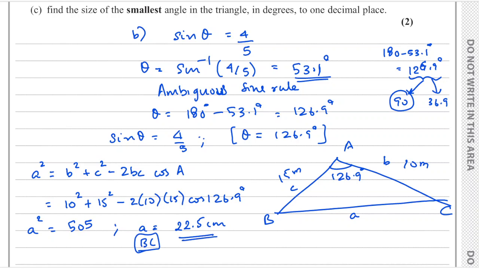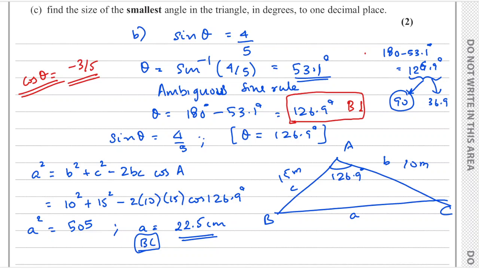Okay. We'll discuss the mark division also along with it. So the first mark goes for finding out the ambiguous sine rule part. If you find the angle using the ambiguous sine rule part, you'll be getting the first independent mark. Alternatively, if you find the value of cos theta, that also is fine. In that case, cos theta would be equal to minus 3 by 5. If you get this value also, that is fine. But this is more simple. So if you use the ambiguous sine rule to find out 126.9 or approximately 127, you'll get the first independent